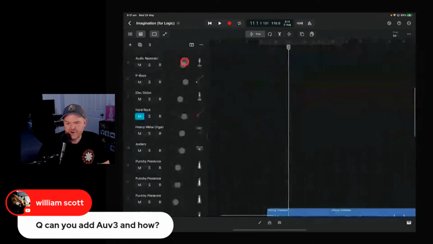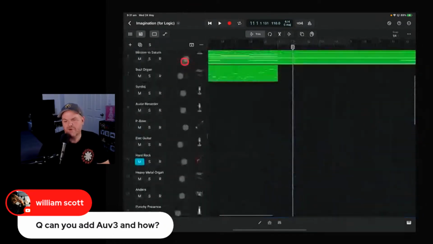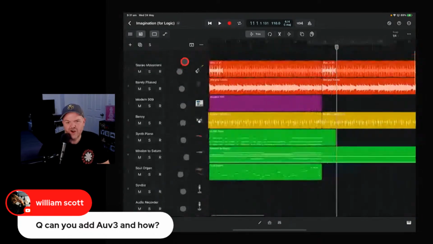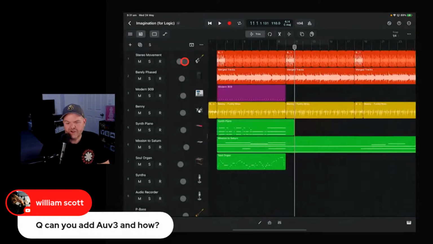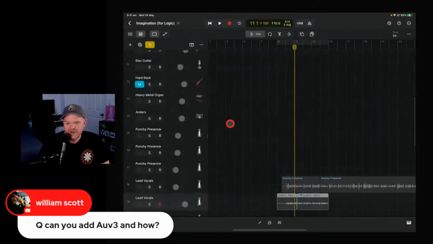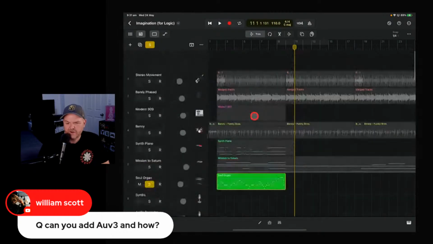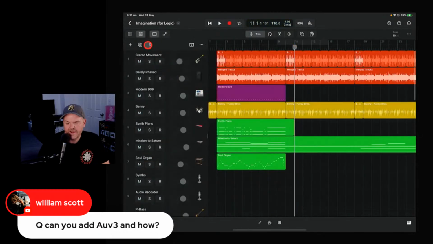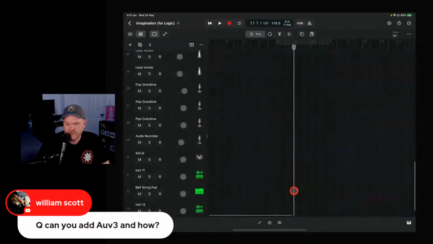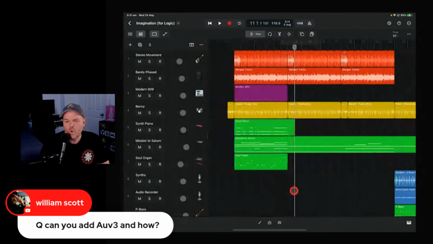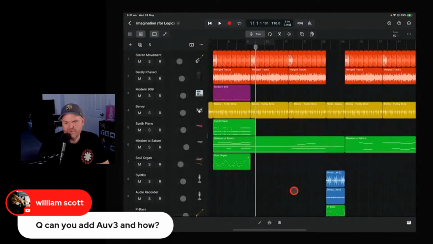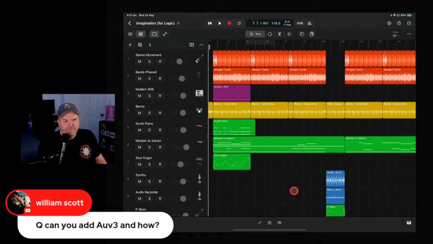Have you ever done that where you're scrolling through a project like 64 tracks, trying to find that one solo track to turn it back off again? Well, you don't have to worry about that, because if you've got one thing soloed, your solo is going to be up the top. And I think it works as well if you've got multiple tracks soloed. I reckon that turns on or off all of your soloed tracks. So just another little quality of life feature that Apple have thrown into Logic Pro that works very well indeed.